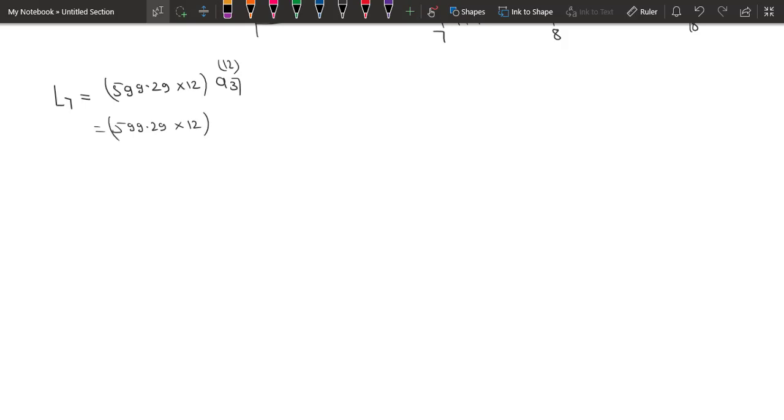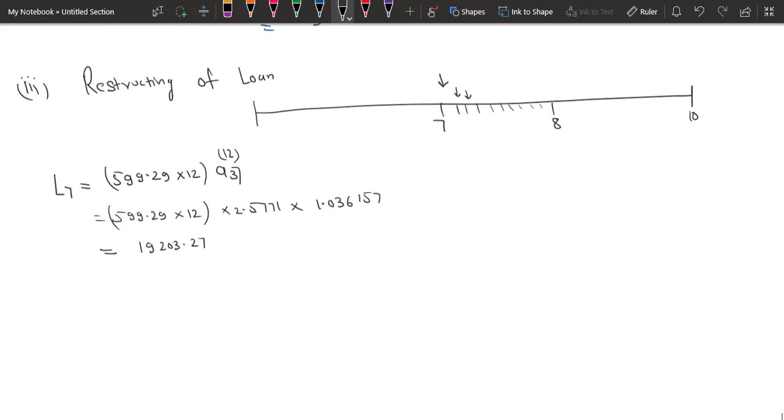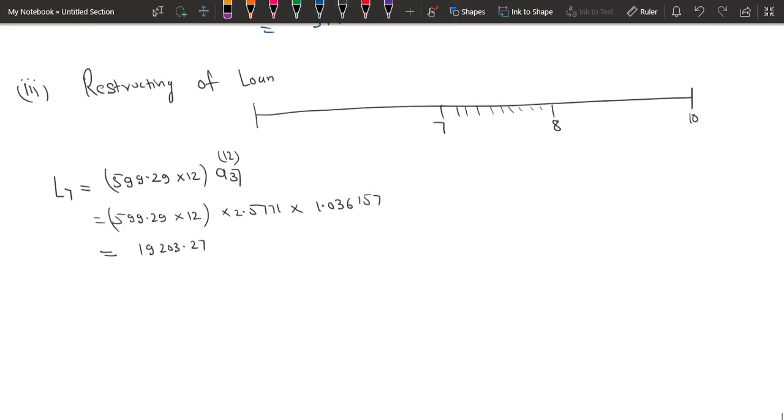We'll again write this A312 as A3 into I upon I12. So the value of A3 will be 2.5771 and the value of I upon I12 will be the same. So your L7 will be equal to 19,203.27. So after the payment at time 7, the loan outstanding is